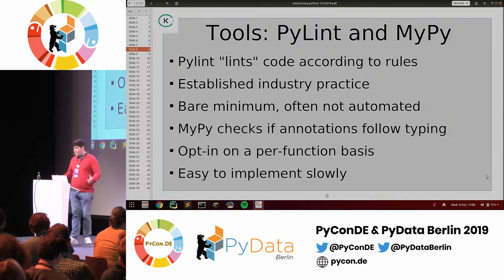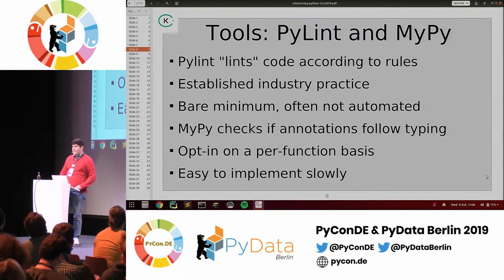PyLint, as most of you have heard of it, is a linter, an established industry practice. I use it everywhere I code Python, and it's very configurable in places. That's why we also use